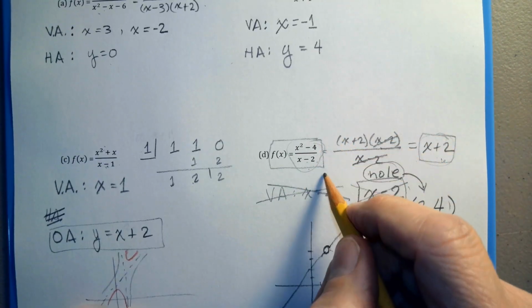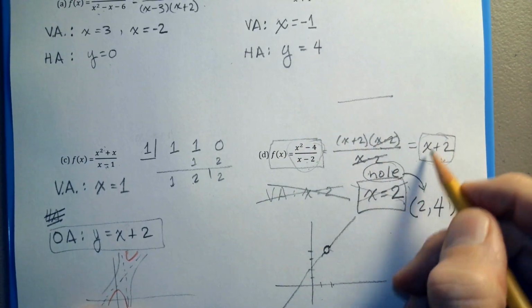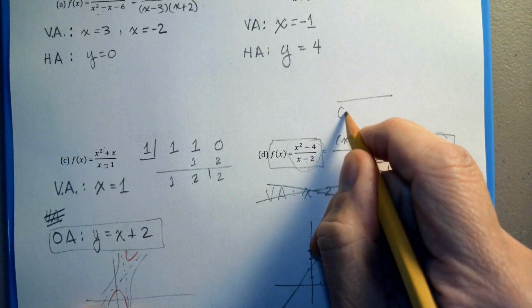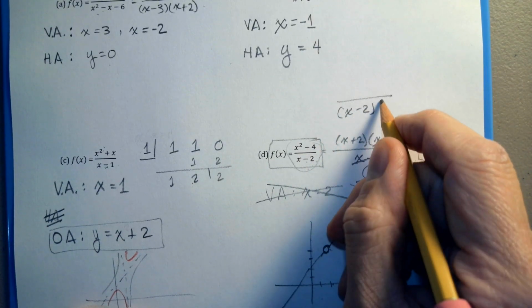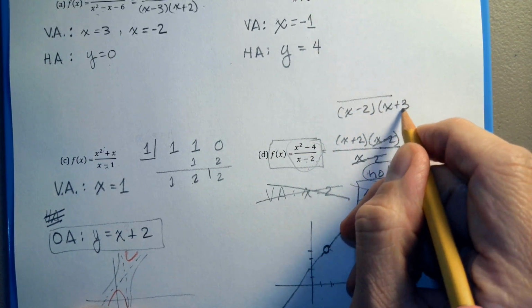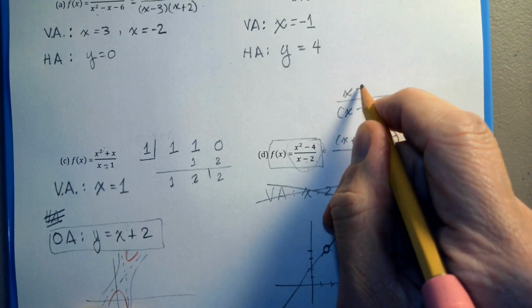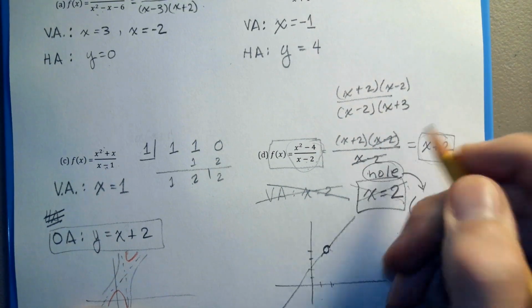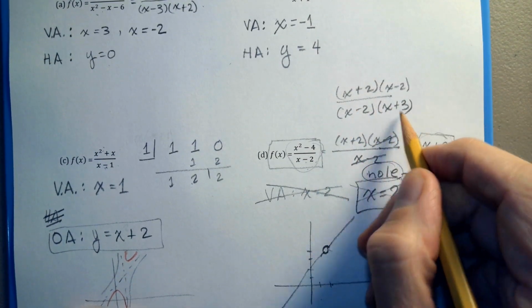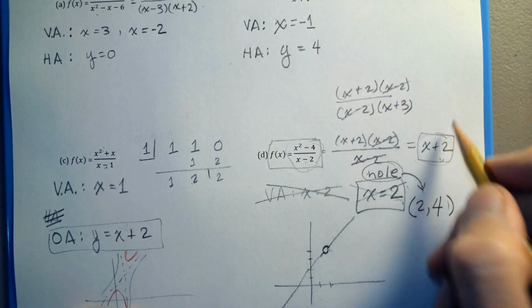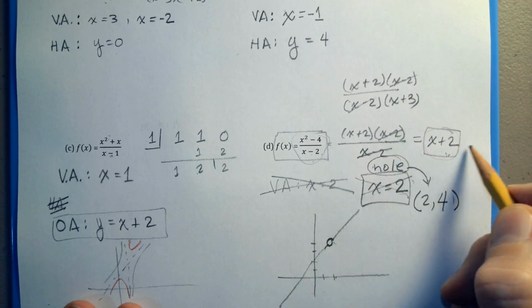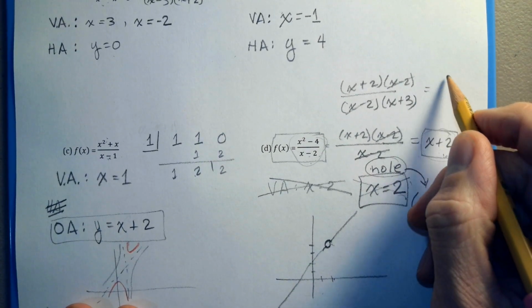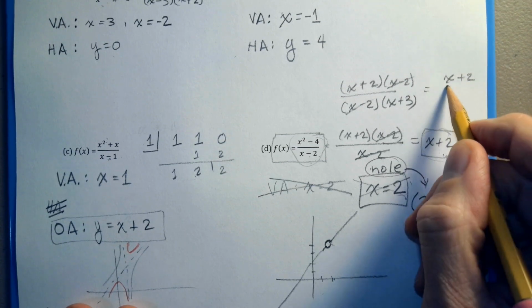There could be a case where, let's say we have x minus 2, x plus 3, and then we have x plus 2, and x minus 2. Let's say that was the original function. We factored it. These went away. Then, this was a nice line. The reduced function here is